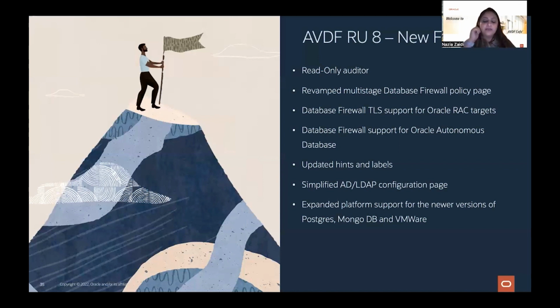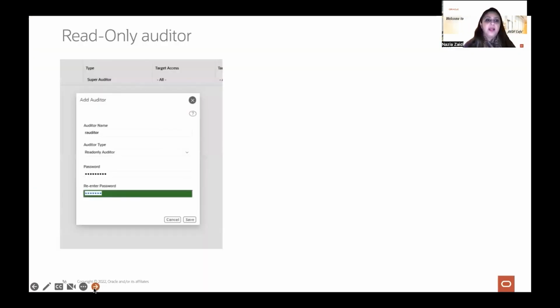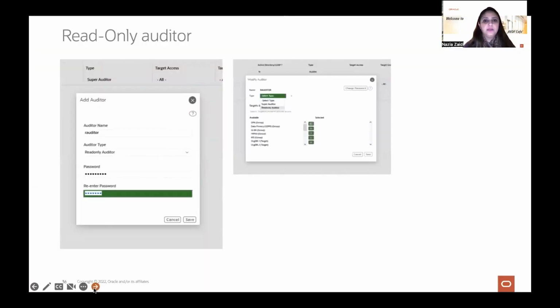I will show you a couple of snapshots there. Apart from that, we have revamped, for example, the configuration page of Active Directory and LDAP, and we expanded platform support for newer versions of Postgres, MongoDB, and VMware. Yeah, so now read-only auditor.